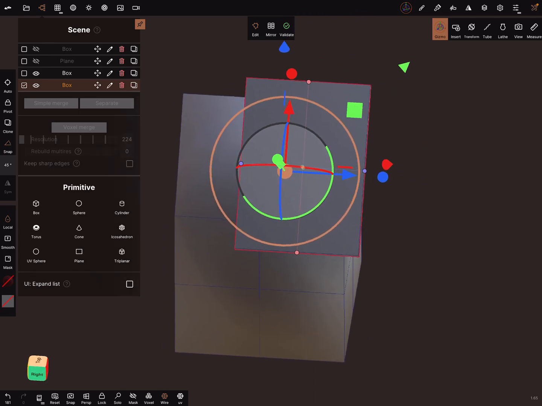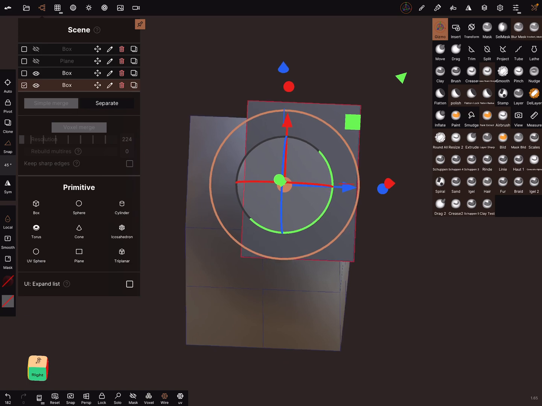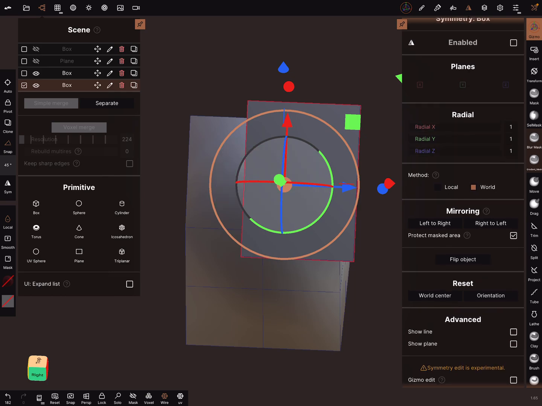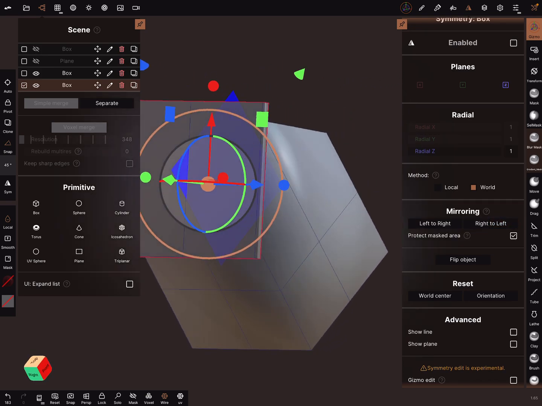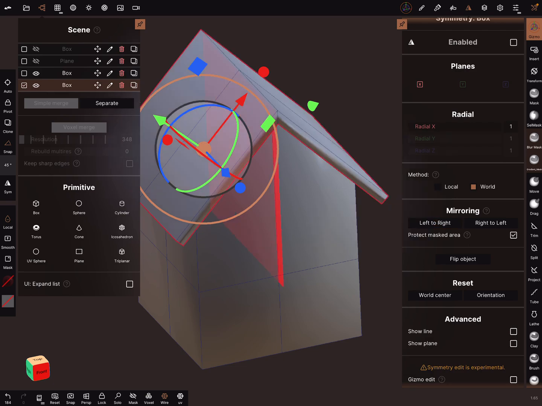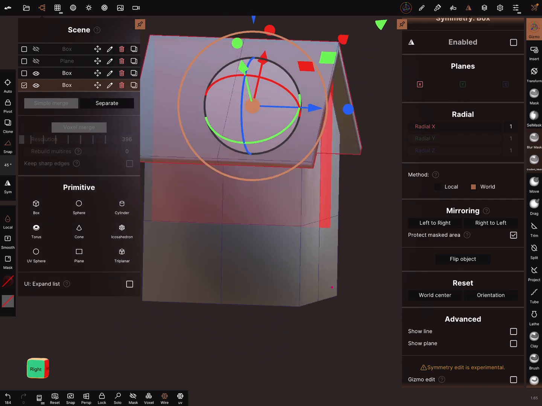now when we find this is one part of the roof, now you can validate the object one time. And the next step is to use the right symmetry. We need the set plane, and we can mirror it from the right to the left, yes. And we change the plane to the X plane and mirror it from the left to the right. Now you got a complete roof with only a few steps.